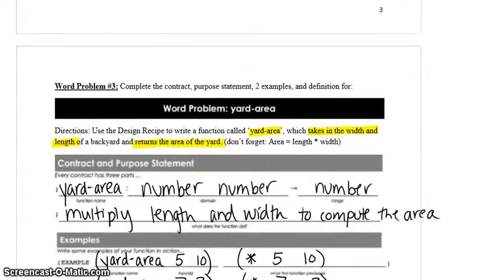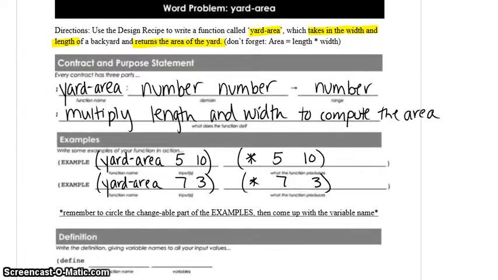So I've put down a second example of the yard area function. I used 7 and 3 as my inputs. You can use anything you want, any 2 numbers. We find here that not only is the first input changing, but also the second input. So we actually have to circle 2 different things and give them 2 different variable names. So I'm actually going to call these length and width. So length for those, and width